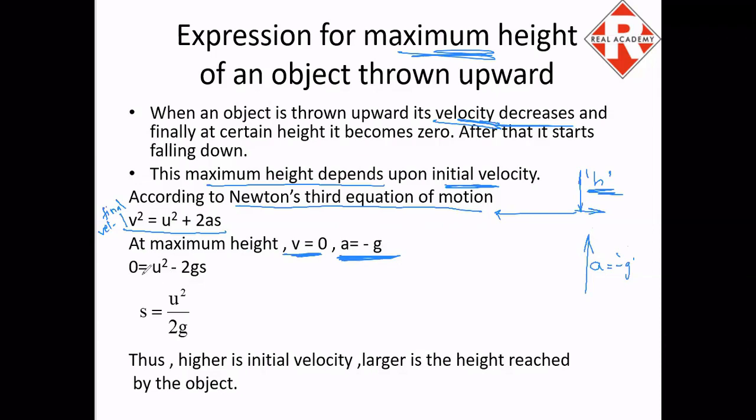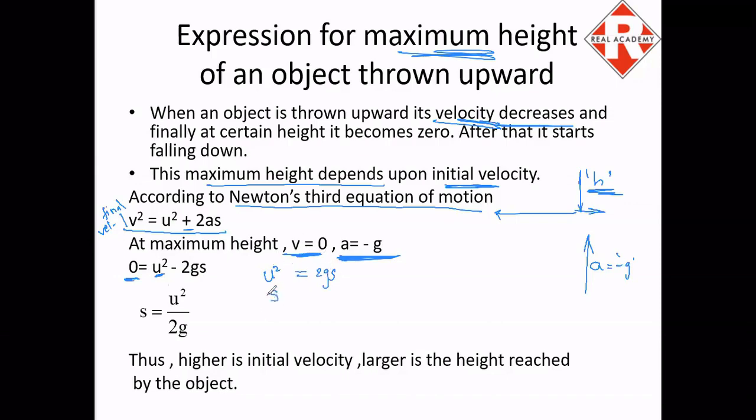Now, in that case we just substitute the values. So v square, final velocity की जगह पे 0 डाल दिया. We do not know what the initial velocity is, so let's assume u. So u square, a की जगह पे minus g, so it became 0 is equal to u square minus 2gs, because a की जगह पे I have substituted minus g, right? So in that case, how will it look? It will be u square is equal to 2gs. We have just rearranged it, right?